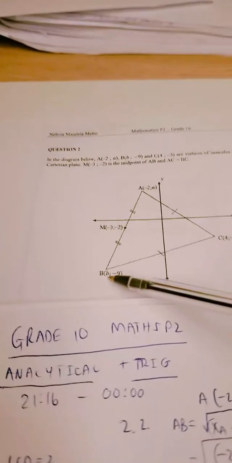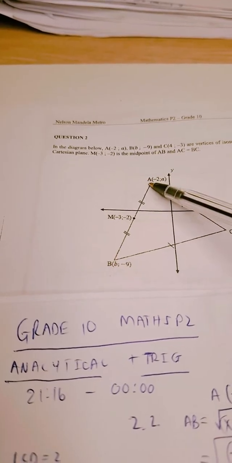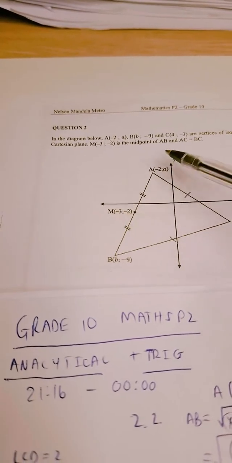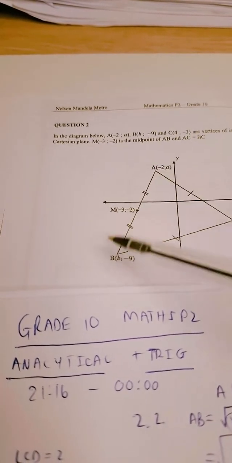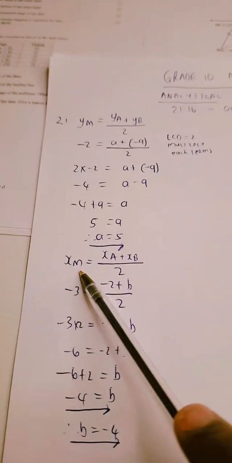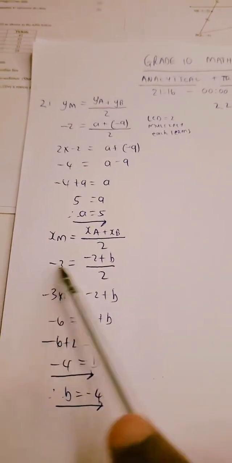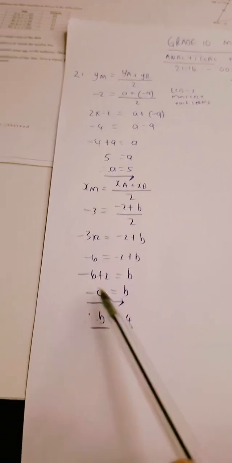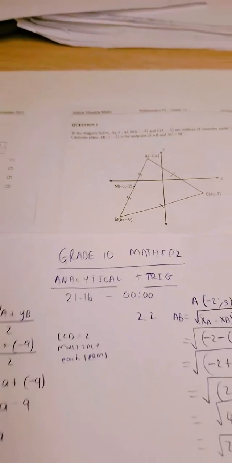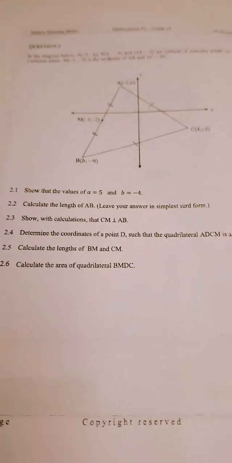Likewise, we want B, which is the x-coordinate of one of the endpoints. The other x-coordinate of the endpoint is given. We also have the x-coordinate of the midpoint, it's given. So it means we can add these two and divide by 2 to get this value. So the x-coordinate of M is equal to the x-coordinate of A plus the x-coordinate of B, divided by 2. We substitute, solve the equation, cross multiply, transpose, and we get a B value of -4. 2.2 required us to find the length of AB. So we just did so using the